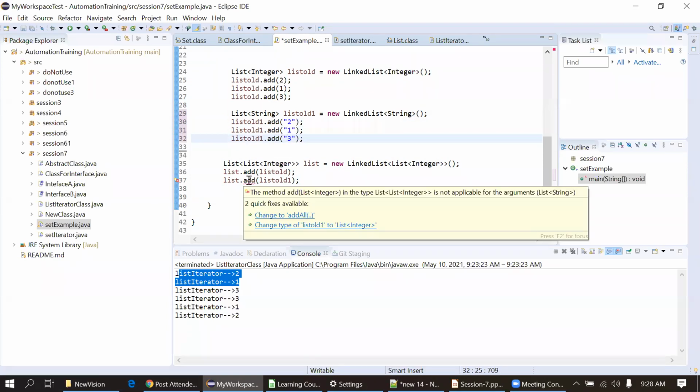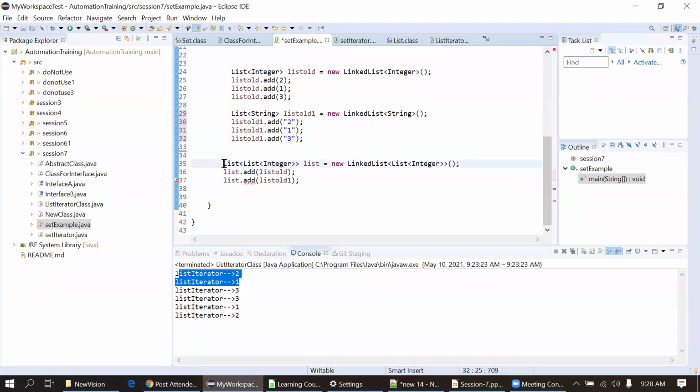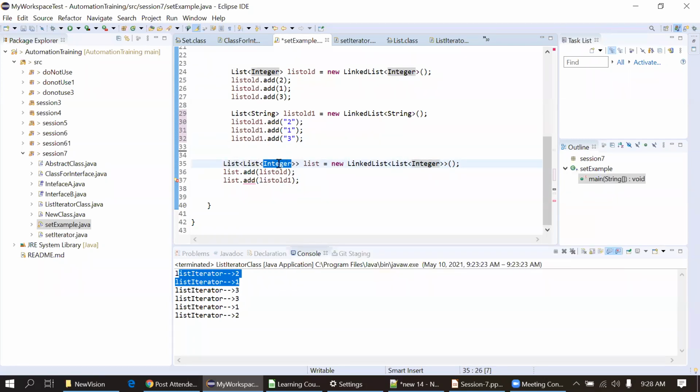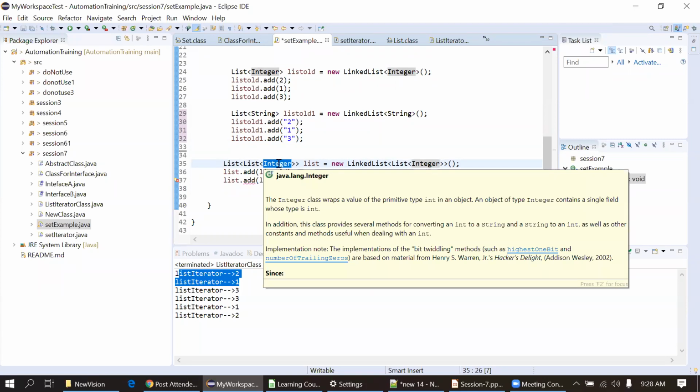It's showing an error, because here we are defining this integer, right? If you change the data type, how can it allow it? It will just create ambiguity.